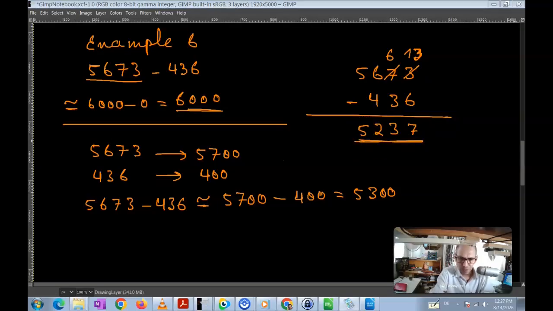So I have 5,673 minus 436, which is 5,237, and in the estimation I got 5,300, very close, which means that if I take the ratio of these two, meaning if I write this as 5,237